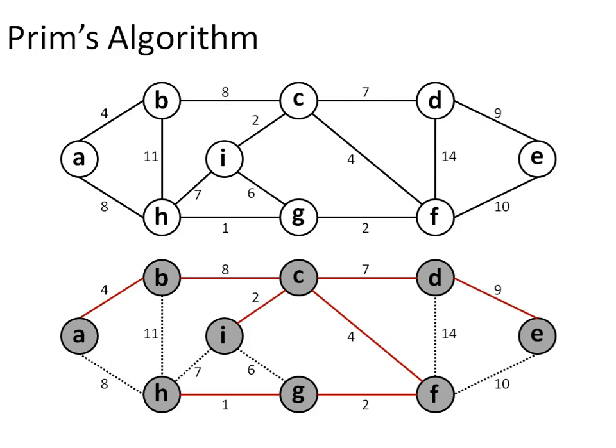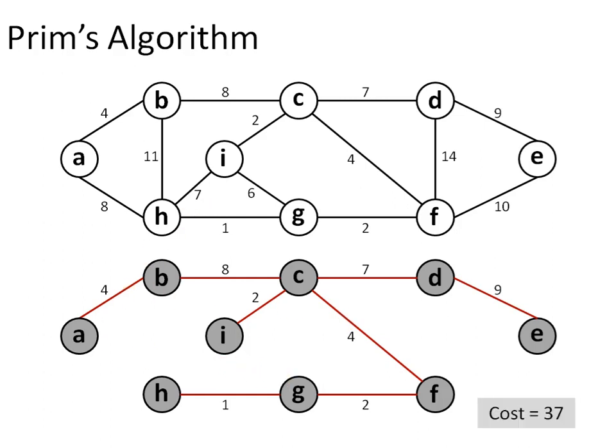So we started with a single vertex, and in each iteration, we keep on adding the new isolated vertices into the tree till we have all the vertices of the graph in the minimum spanning tree. So this is the final minimum spanning tree for the given graph. We have just removed all the discarded edges, and the cost again comes out to be 37, which is same as we have obtained with Kruskal's algorithm.